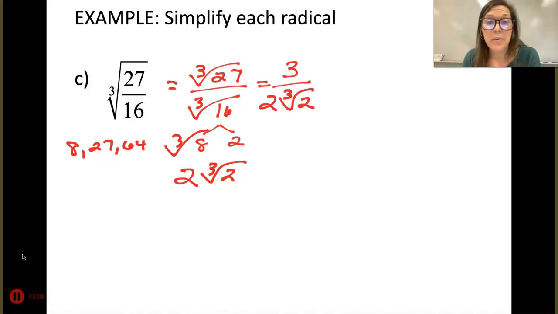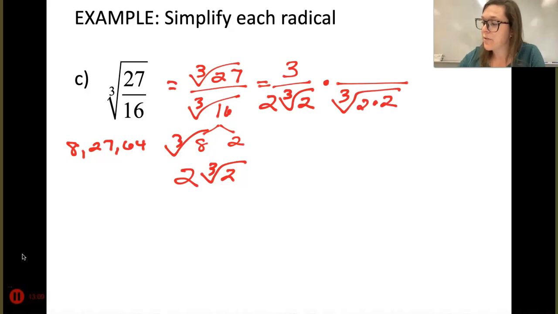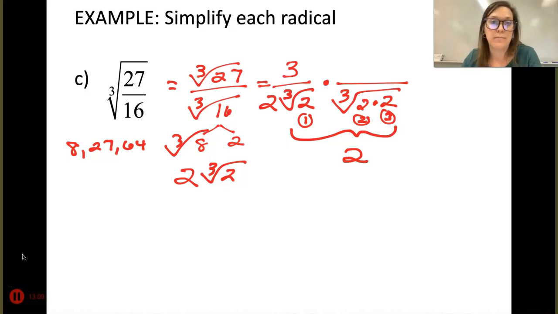So now, to rationalize my denominator here, I currently have 1, 2 in my radicand, but my index is 3. So that means I need 3 of them in my set, right? So here's 1, here's 2, here's your 3rd. Because I have that, that would then cancel all of that out. So these all together would just make a 2. Does everybody see that? Because it would be the cube root of 8, which is 2. Now I'm going to